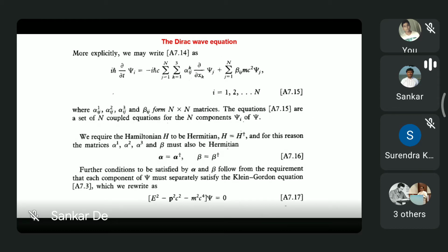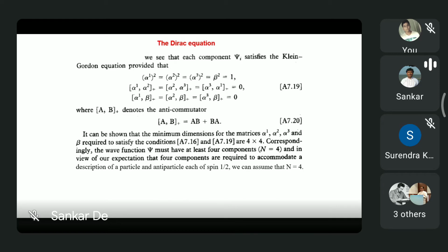And finally, when we write the alpha and beta in the matrix form, or the entire Dirac equation in the matrix form, then we found out that these alphas and betas are n by n matrices. And there are certain conditions laid on them, like they should be Hermitian, and therefore we could solve it, and the Hamiltonian is Hermitian as well as the matrix is also Hermitian. And to solve this Klein-Gordon equation, we put some conditions on them. Certain conditions are actually anti-commutator conditions.